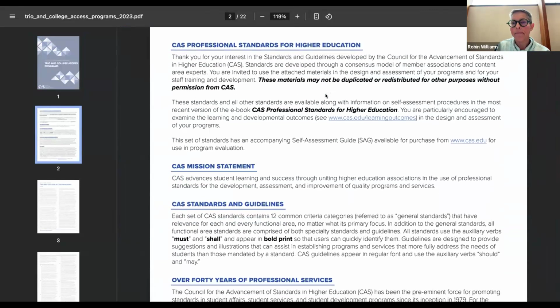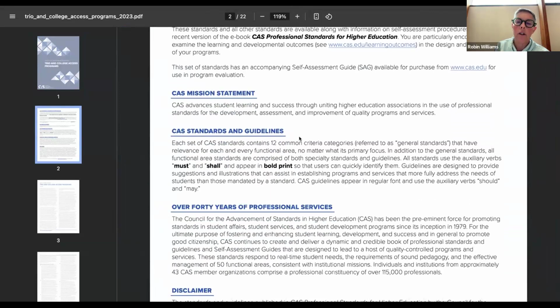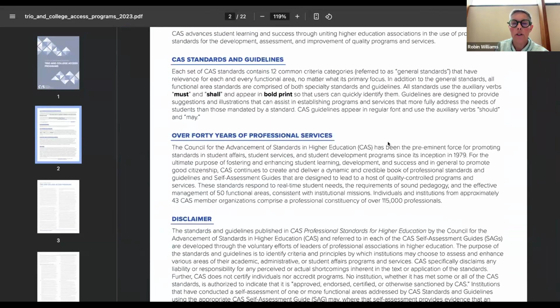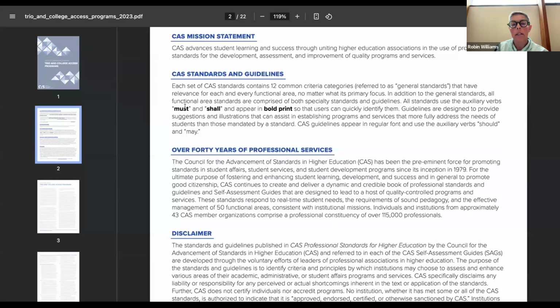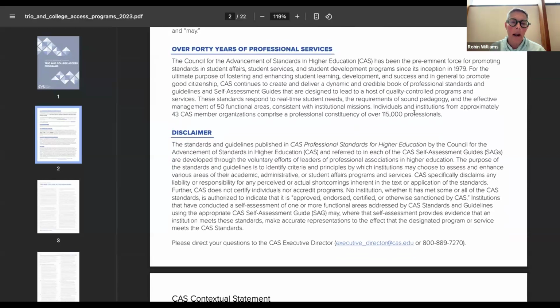as we go through, it just goes over the ethical request here that they don't want these to be duplicated or redistributed, but they are by institution, so you're good to share it at your institution. And this is what we were talking about during the slides about the standards use must and shall, and will appear in bold, whereas the guidelines will be in just regular text. So guidelines meaning more best practices, but not a requirement. So